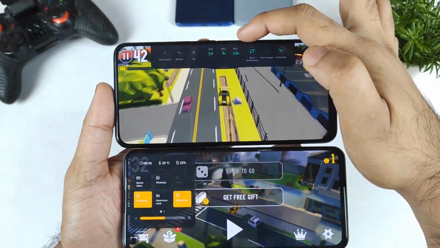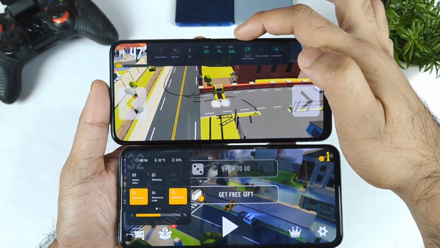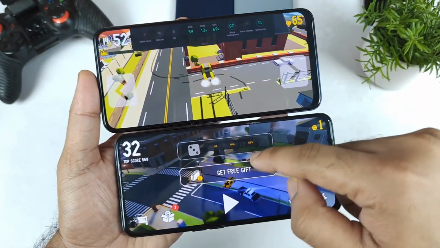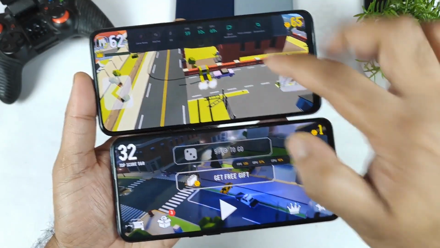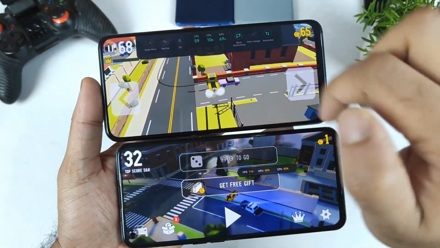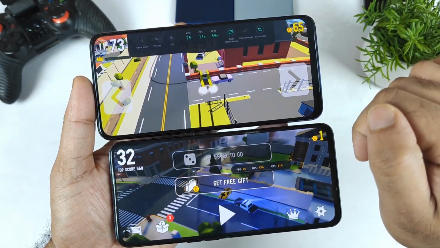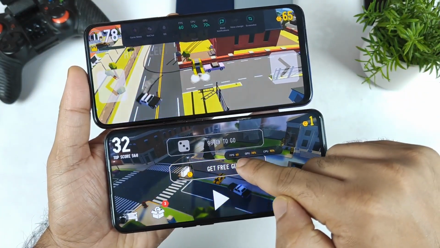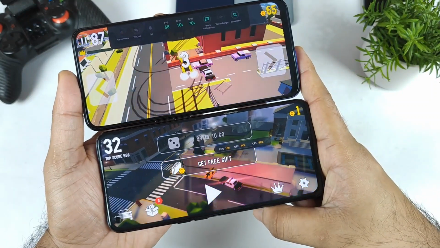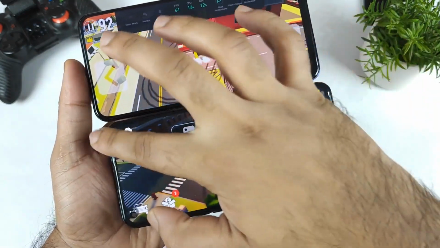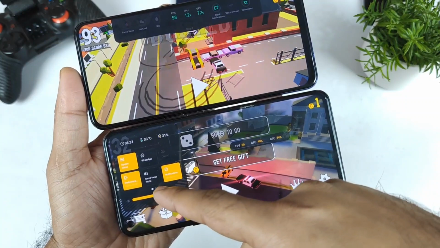You can see the CPU and GPU usage, how much it's utilizing, and even right now you can see the utilization using this real-time floating FPS meter. FPS, CPU and GPU usage are clearly visible, and the same is visible in the Realme X and Max, as you can see. And apart from that, we have different kinds of options.